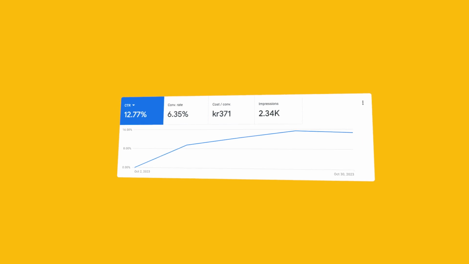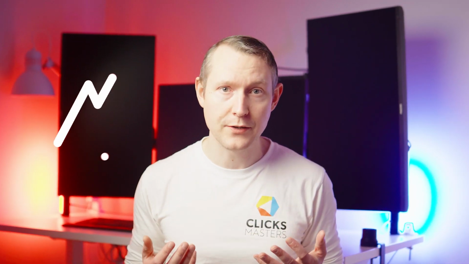Here you can see a couple of my clients for whom I've implemented these techniques to double and triple the click-through rate. As you can see, we have had a healthy and steady increase in click-through rate over time as